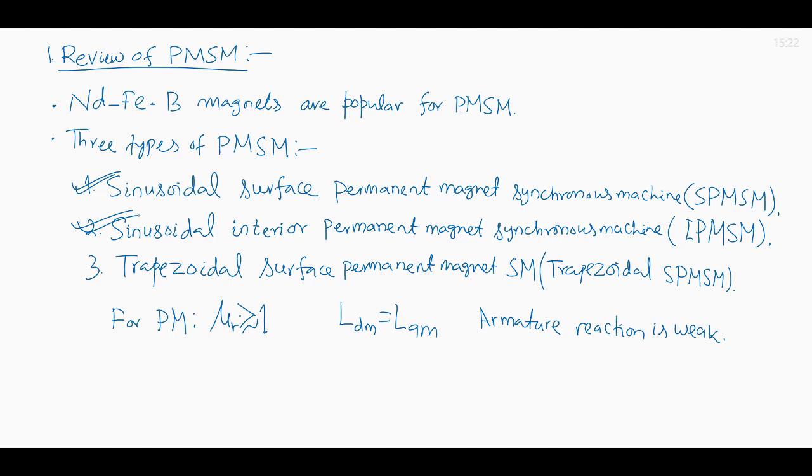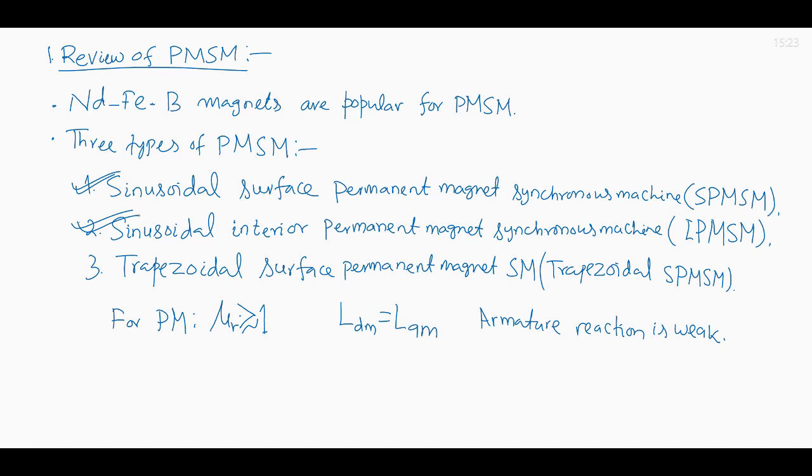That is because along the D axis permanent magnet is there, and along the Q axis permanent magnets are not there, rather only iron core is there. So iron core has relative permeability which is very large, whereas permanent magnets have relative permeability close to 1. So along the direct axis, the effective air gap is larger, along which the magnets are mounted. Effective air gap is larger than the inductance along the Q axis.